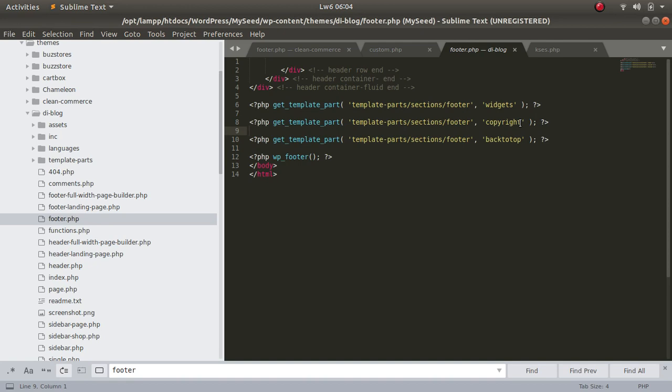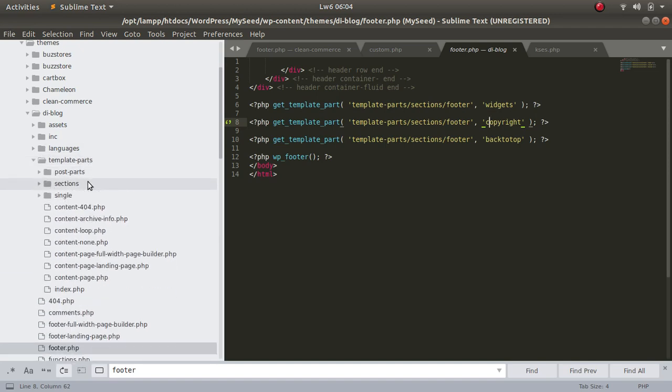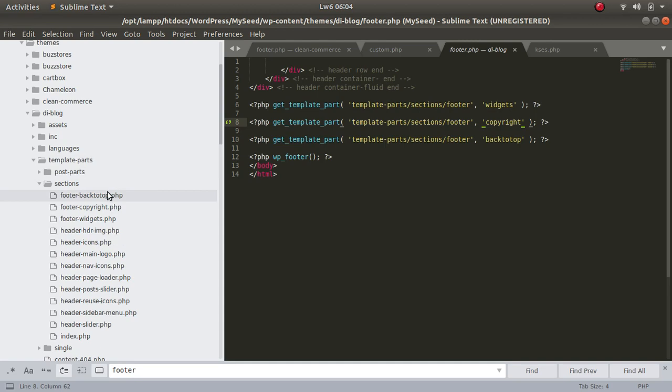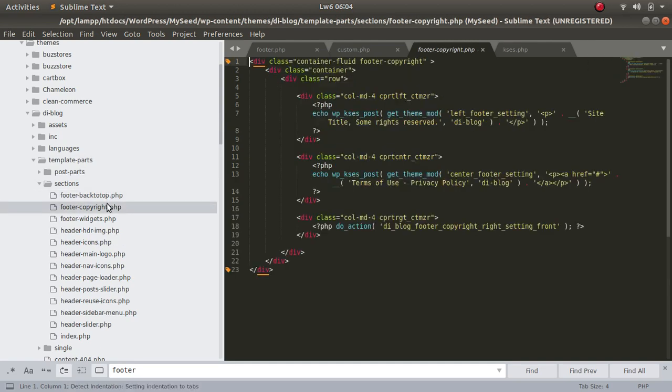So you see it's showing template part. So this one showing it is located under template parts, sections, footer. Now you see copyright. So you go to footer hyphen copyright. So you go to templates, you look for sections, then you look for footer copyright.